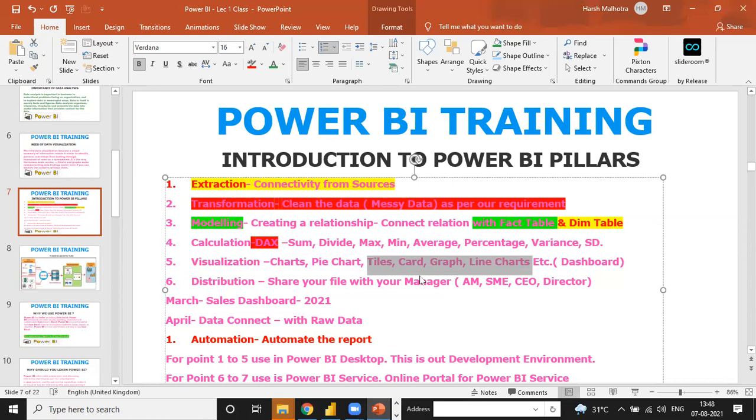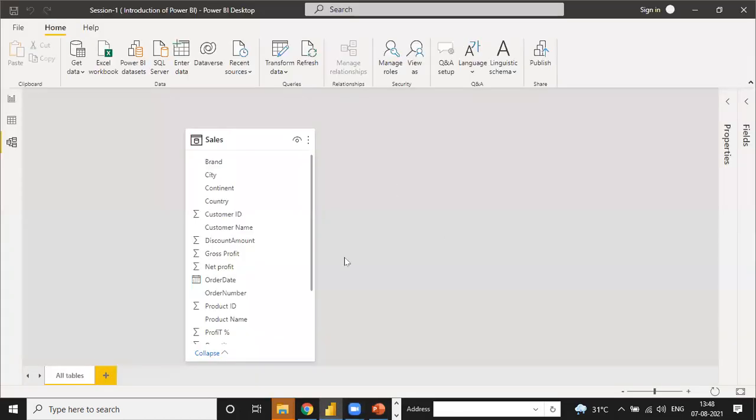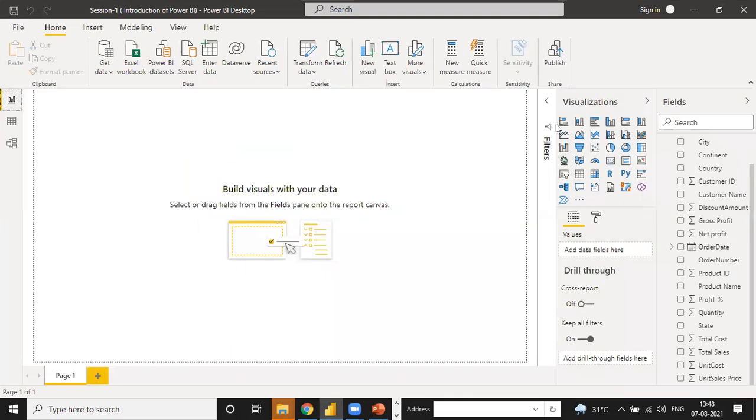In Excel you have only a limited set of charts, around 10 to 15, but in Power BI you have about 250 visualizations. These include the stacked bar chart, stacked column chart, clustered bar chart, clustered column chart, 100% stacked bar chart, line chart, area chart, stacked area chart, and line and column chart.